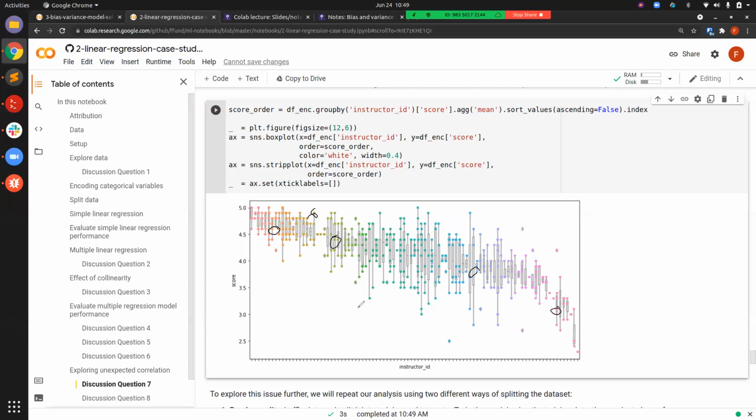Because the model can learn what the typical score is for each instructor, and then just predict that for your test points. Okay. So what if instead,